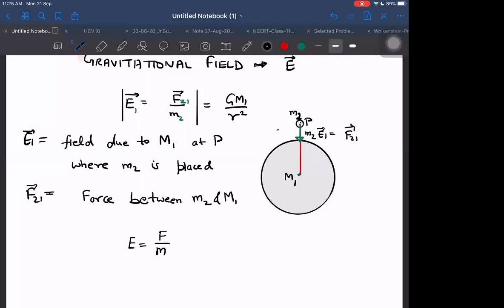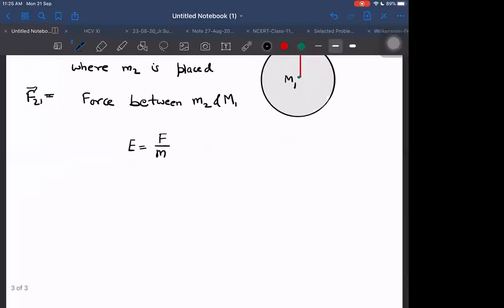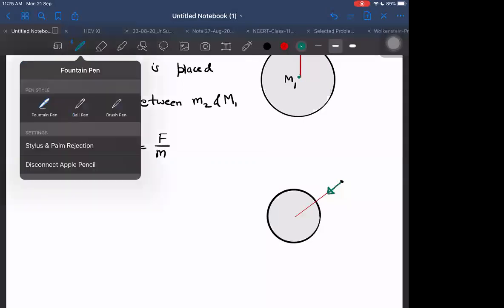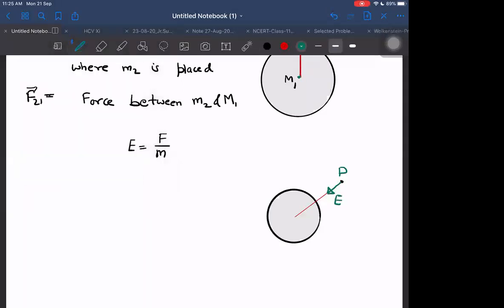And similarly, when we want to find the field, it is defined due to one mass only. There will be only one mass kept, and I will ask what is the field due to that mass. Whenever there is just one mass, and due to that I want to find the field at any point at a distance R from it, it is just GM by R square. Now forget other things, just the field we want to find here. Field at point P due to this mass, which is at a distance r away from the mass, and this mass is any spherical symmetric mass distribution.